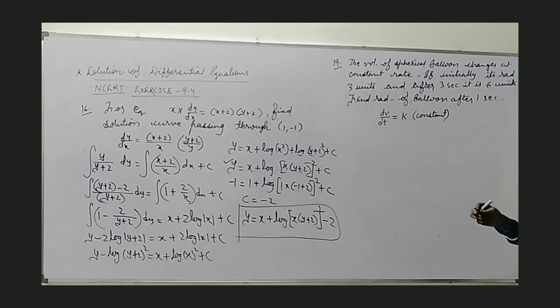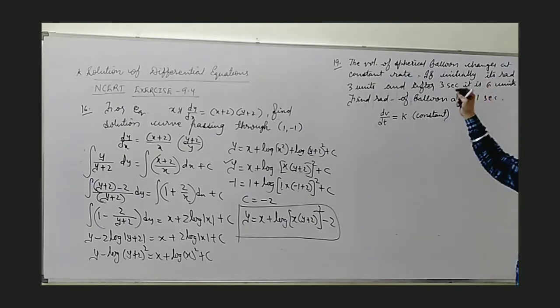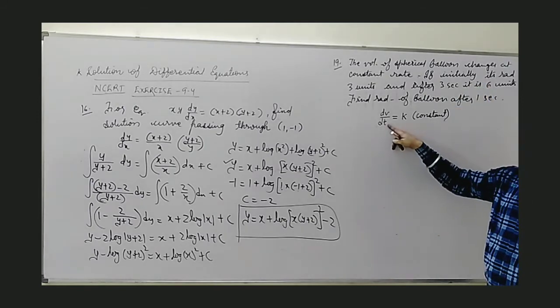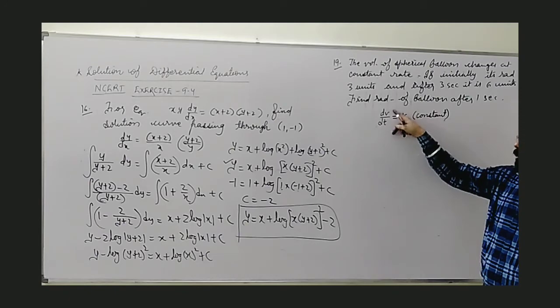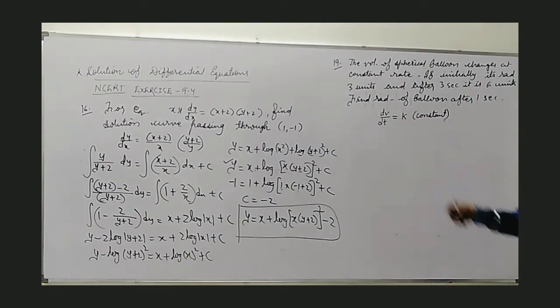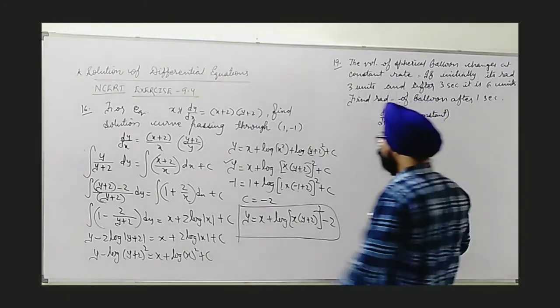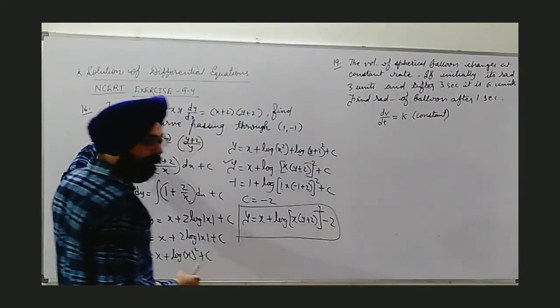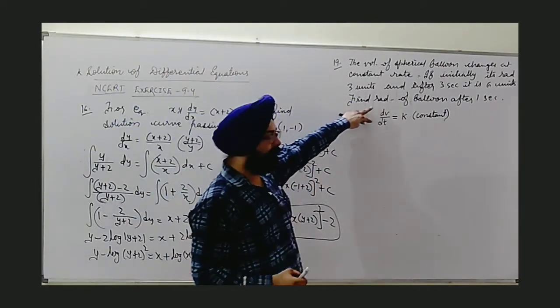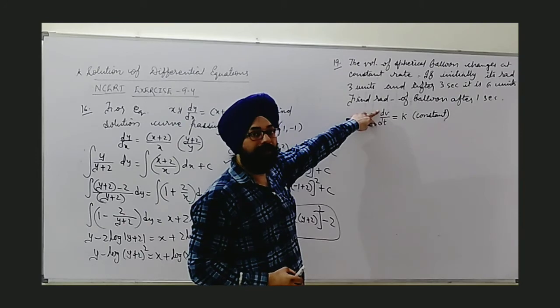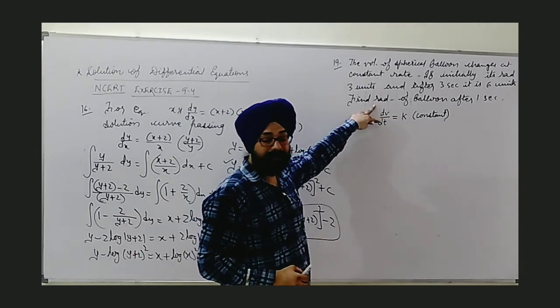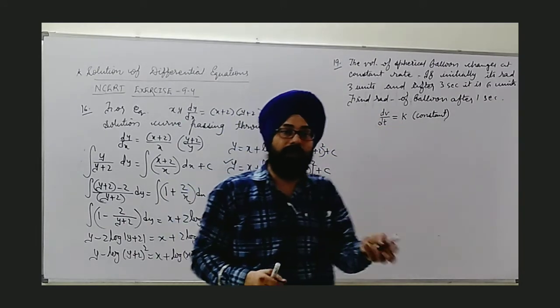This pattern of equation is different. Whenever we are given this type of practical problem, we will be given some rate of change. So dV upon dt equal to k, where k is the constant, gives us the equation. Now it can be compared to dy by dx. Again, this is a differential equation in terms of V and t. K is a constant here, and this equation is in terms of variables V and t.